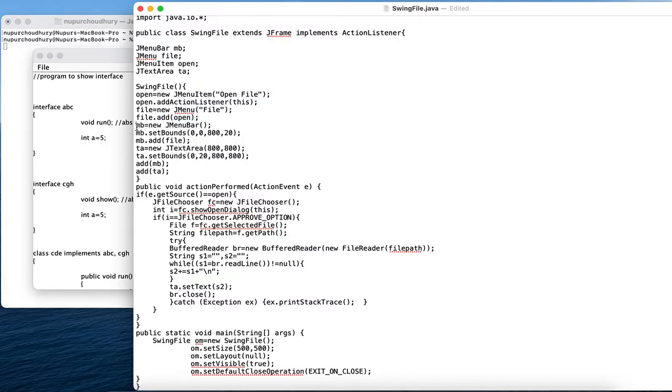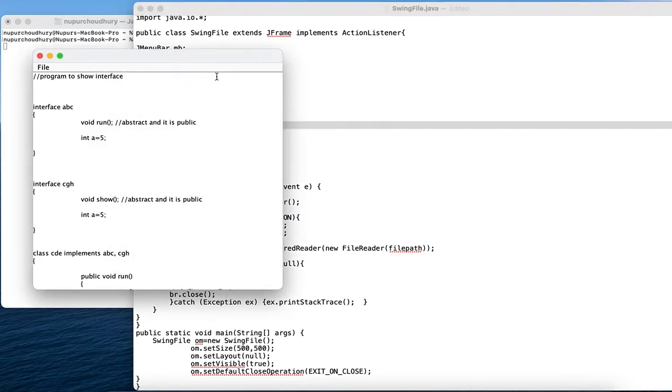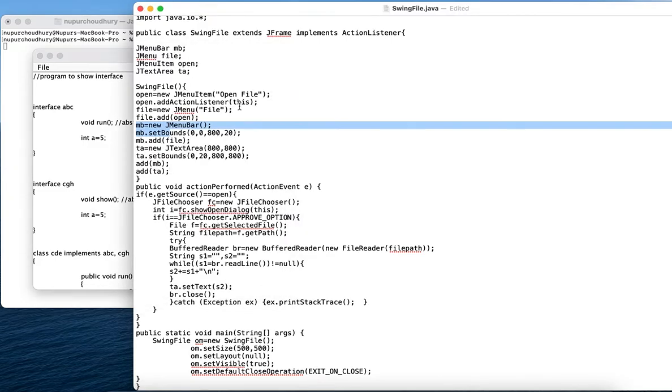Now there will be a menu bar. Which is the menu bar? The topmost bar which you see here is basically the menu bar. So we have incorporated a menu bar here, and we are setting the bounds as x 0, y 0. It will start from here itself, and it will move to the length of that particular frame or window which has been created. And we will add the menu inside the menu bar here.